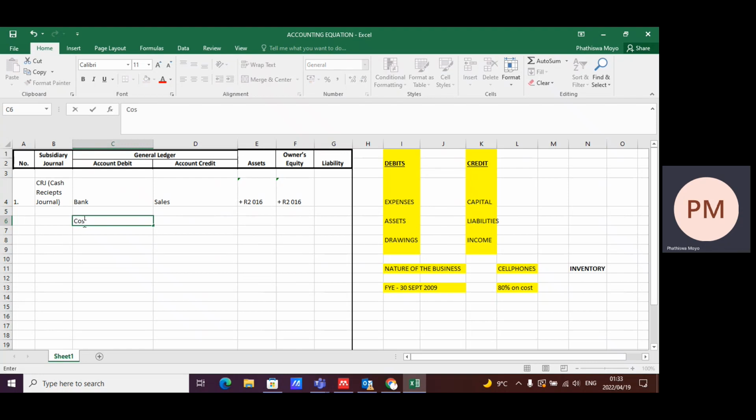Okay, so now what's the second entry we have to make? It's the cost of sales. So remember in the theory, go to that YouTube video where I showed the slide that cost of sales is your expenses. So we're gonna debit cost of sales, and what is decreasing? It's inventory or trading stock. Okay, it's inventory or trading stock that is decreasing, and your assets, they increase on the